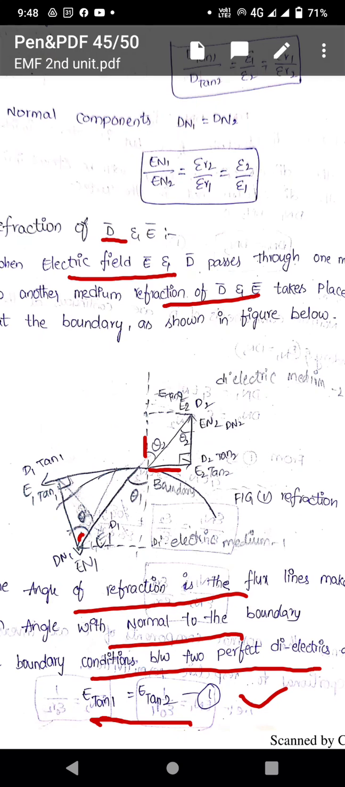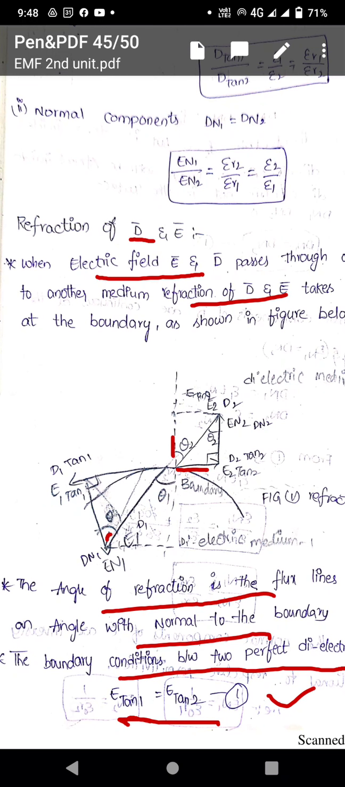If you understand this diagram, this is D2 tan 2 or E2 tan 2, both we can write, because D